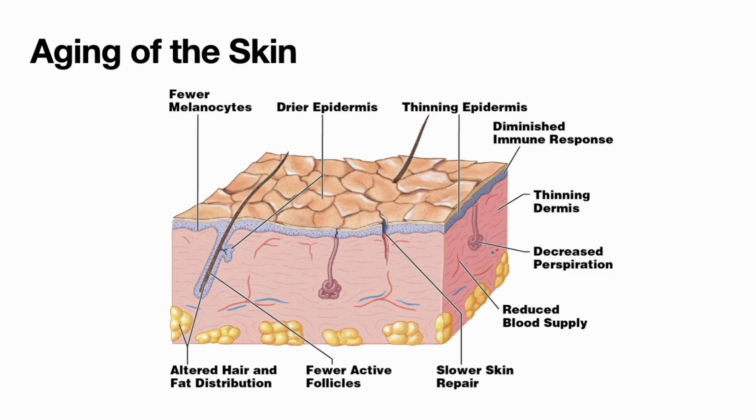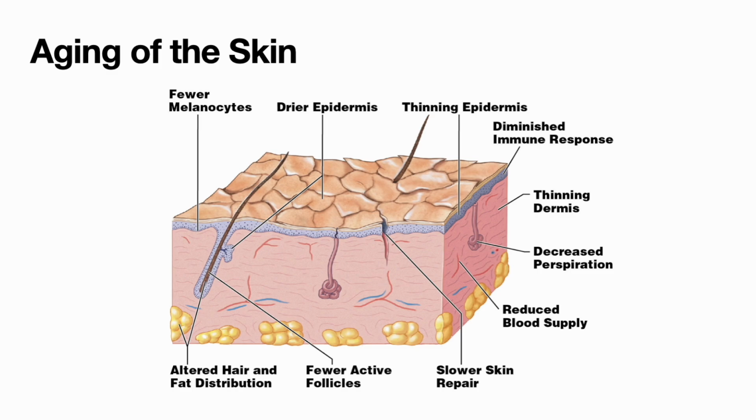We're also going to see a thinning of the dermis. So both the epidermis and the dermis are thinning. Particularly with the dermis, we're going to see a loss of elastic fibers. And so that's going to lead to sagging and wrinkling. We're going to see a reduction in the activity of sweat glands, which means older people are not as good at cooling themselves. And as a result, they can be susceptible to